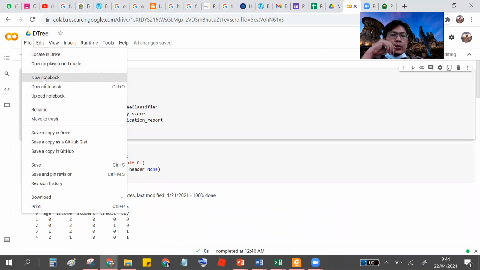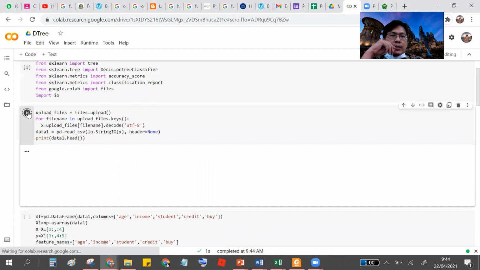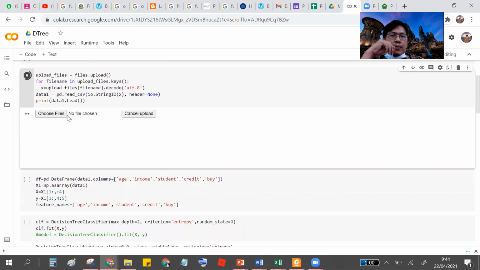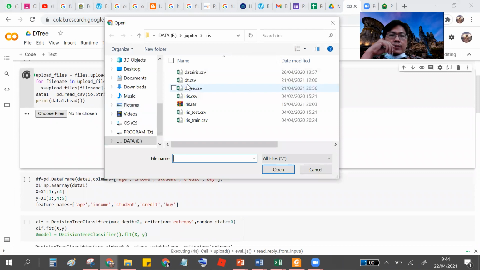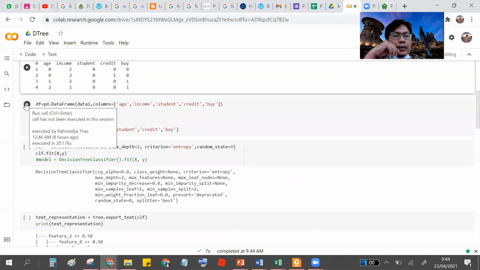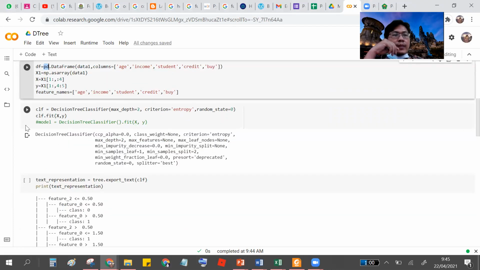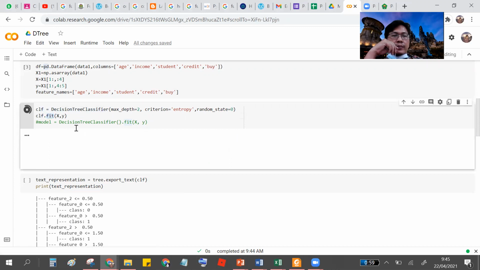You can use a new notebook and separate using cells. Okay, I want one cell and a second cell. We have to upload the data. You have to ensure that there is data. See here, and we prepare the data using pandas, pd, and we use the decision tree classifier and train using the fit method.